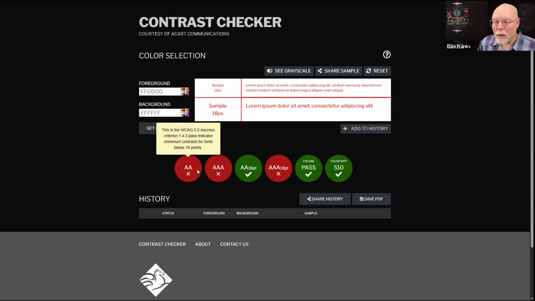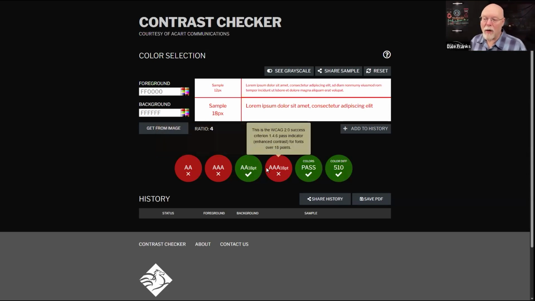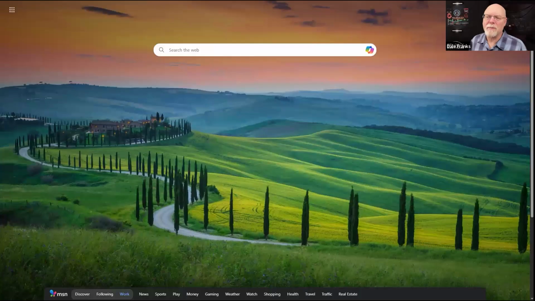Red text on a white background is not compliant at the AA level, although it is compliant at more than 18 points. So there's a lot of times where we want to use red or we want to use green. Let's just pull this up.